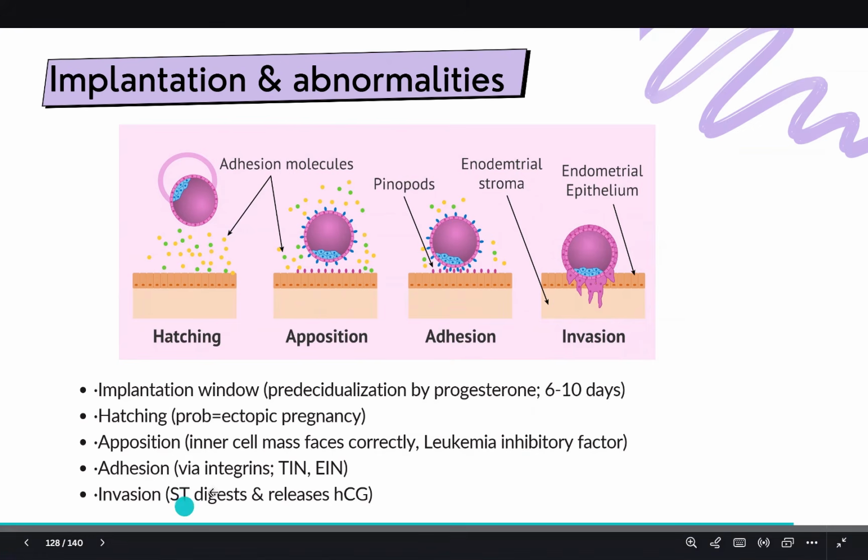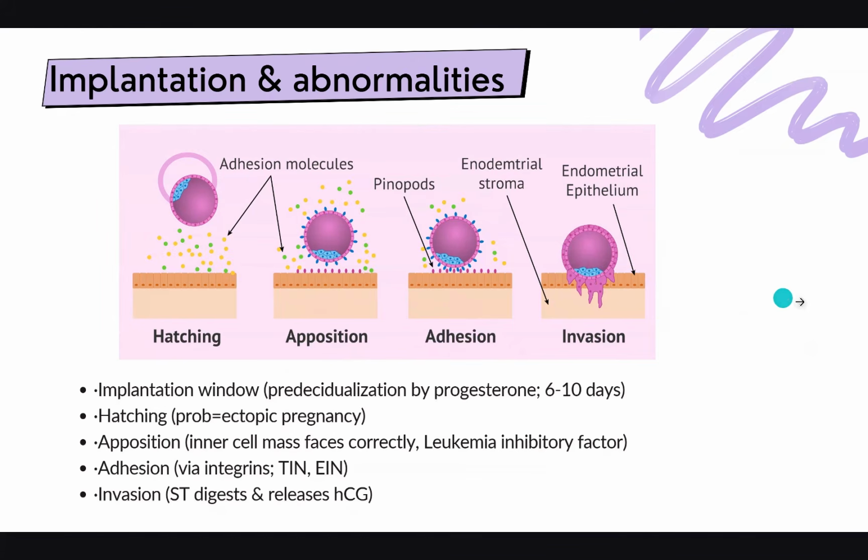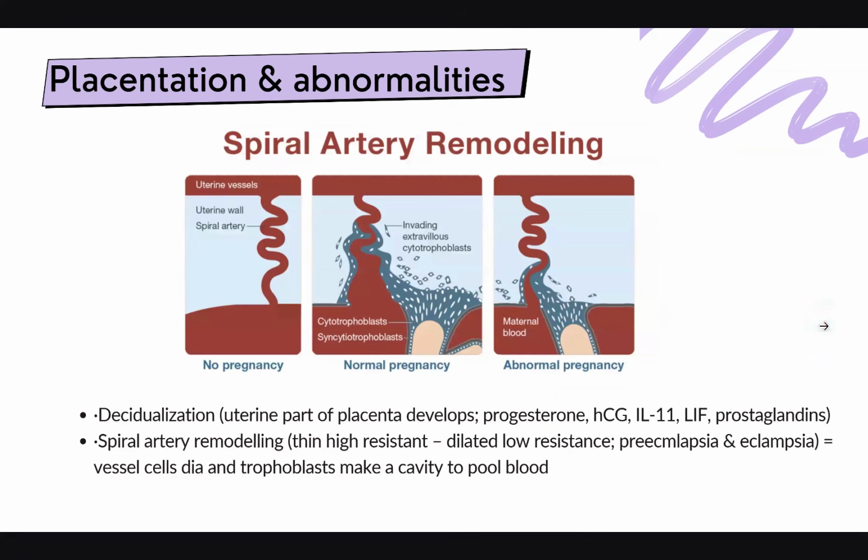And also another function of the syncytiotrophoblast is that it releases human chorionic gonadotropin. Important to remember that also. Okay. Now, moving on to placentation itself. So that was implantation. After implantation, you wanted the endometrium to turn into a placenta, right? How does this happen? One important part of that is